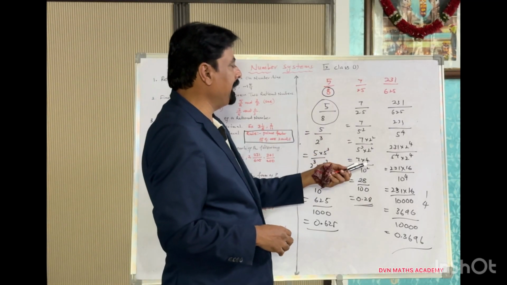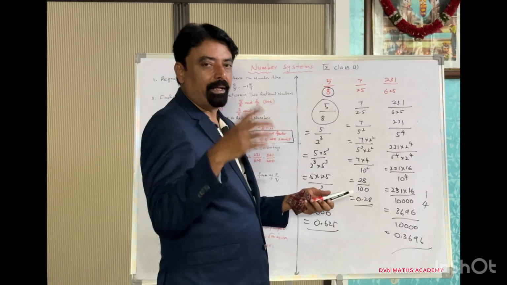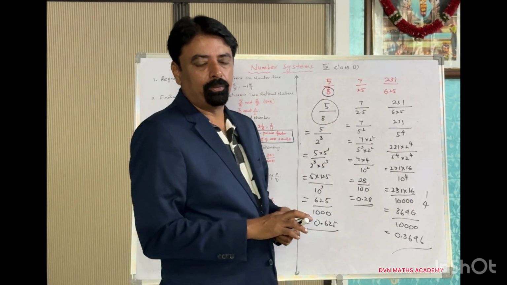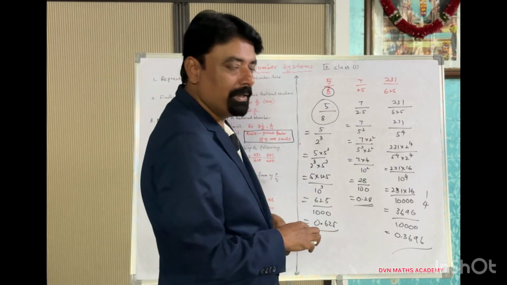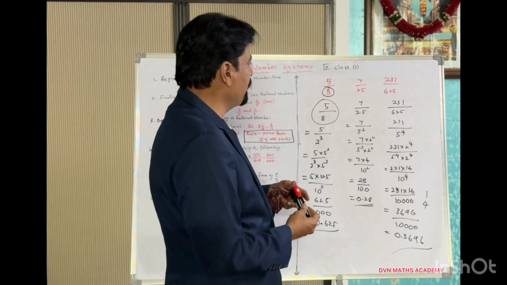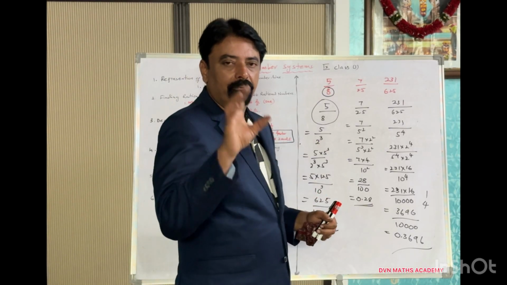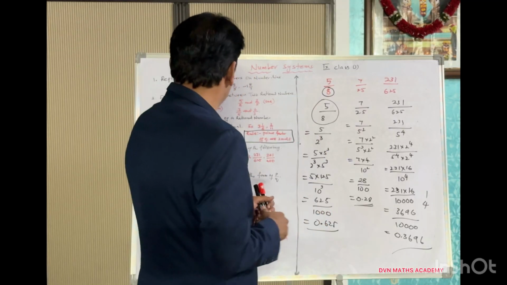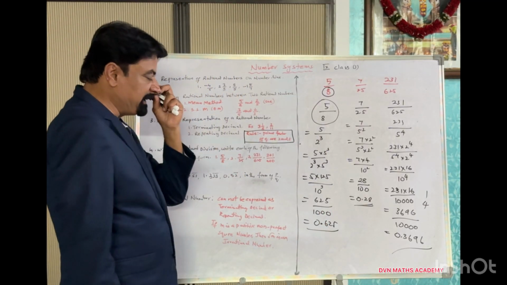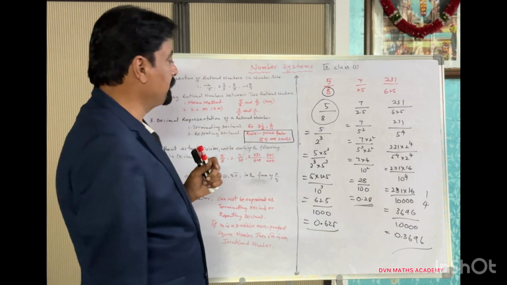So it will be easy when the prime factorization of the denominator is in the form of 2 to the power of something into 5 to the power of something, then we can write the decimal form of the given rational numbers without actual division. So this is one of the interesting concepts for your 9th class students. And